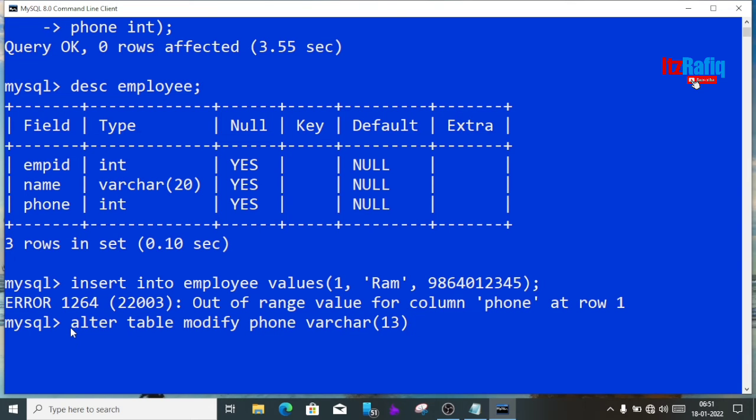Alter table employee modify phone varchar(13). So after that semicolon, and enter.